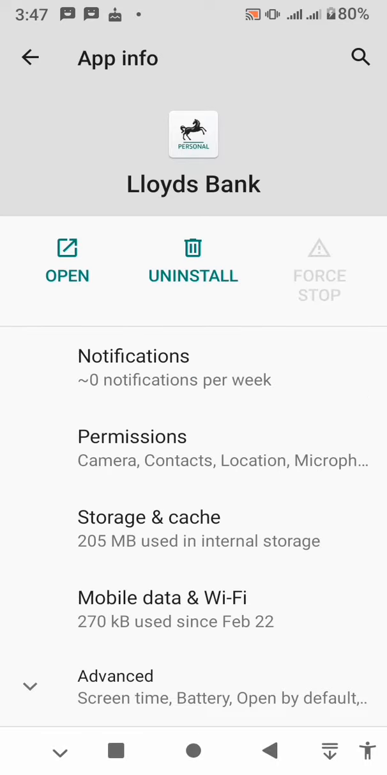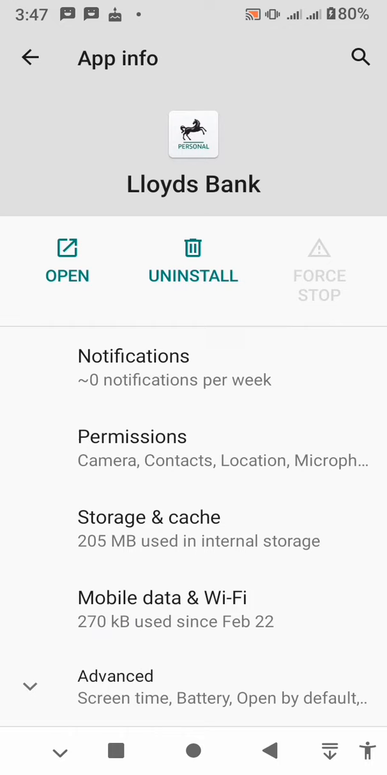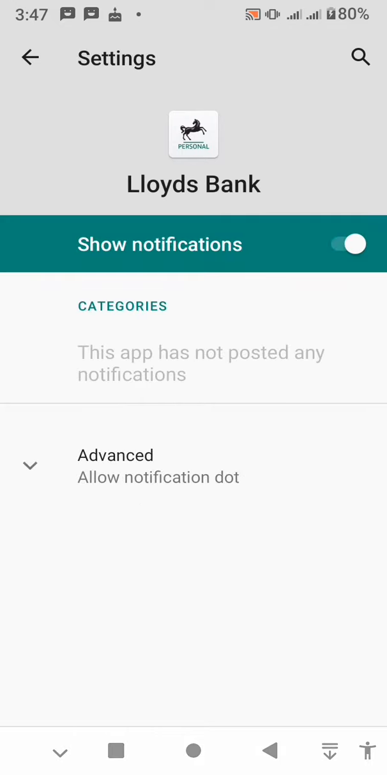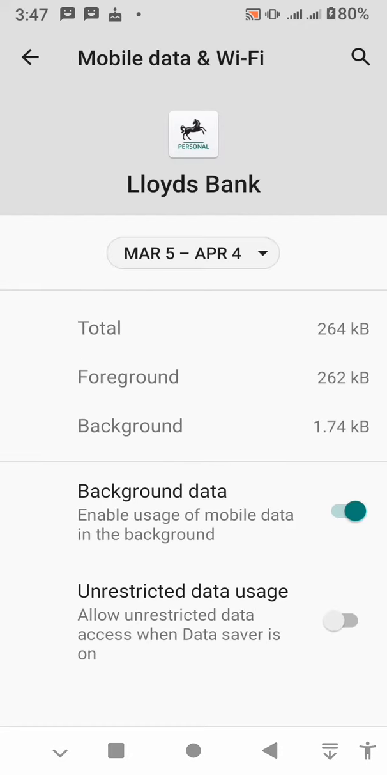Now go back. Then after that, check the permissions and make sure every permission is allowed. Go back and tap on notifications and make sure this show notification is turned on like this. After that, you have to go back and tap on mobile data and Wi-Fi and make sure the background data